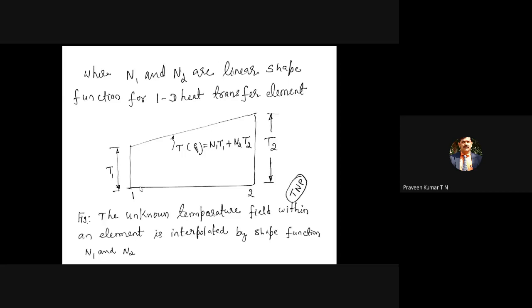If you draw a vertical line at different points, at xi equal to -1, we have already drawn a vertical line. At xi equal to +1, we already know the temperature. Suppose we want the temperature at xi equal to 0, if you draw one vertical line, it will intersect this line at a point, and that will be the temperature. That means by knowing the nodal temperature, we can calculate the temperature at any point within the element. Hence we require interpolation.